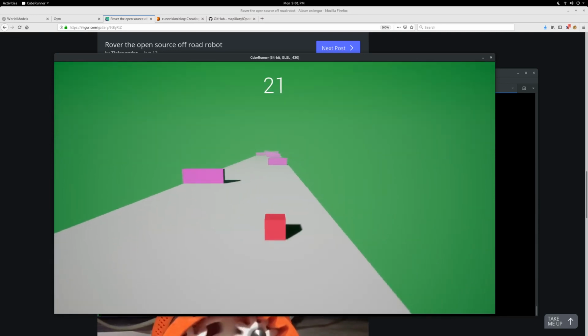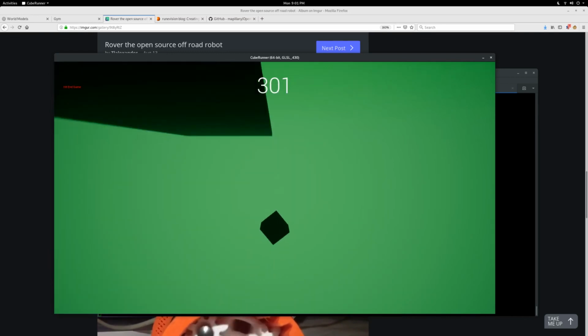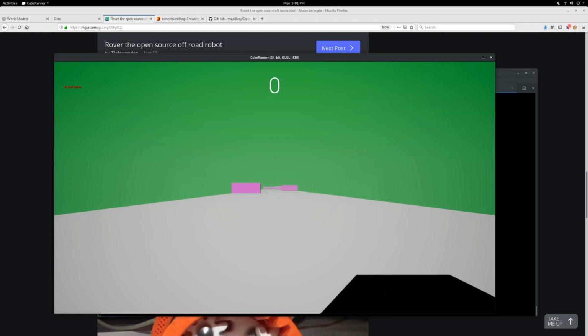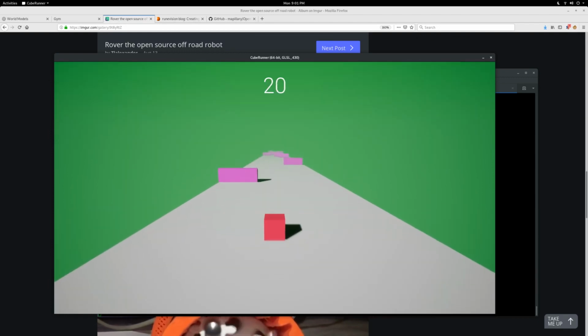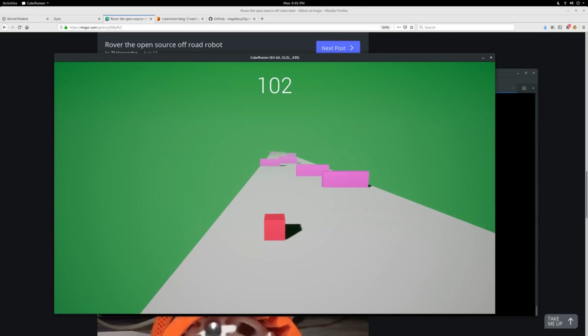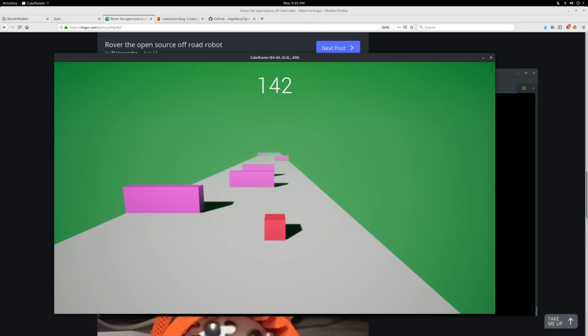This is showing the high-res version. I made a 64 by 64 pixel version. There we go. I got 301 points, but I fell off. And if I hit R, then it resets. If I hit P, then it unpauses. I can also step through it. So if I hit S, the stepping interface is the interface that I gave to the OpenAI Gym